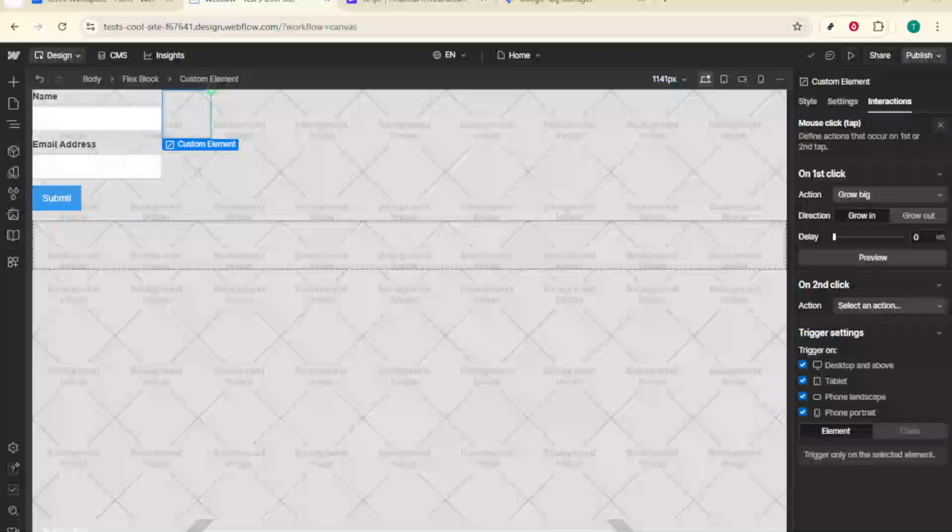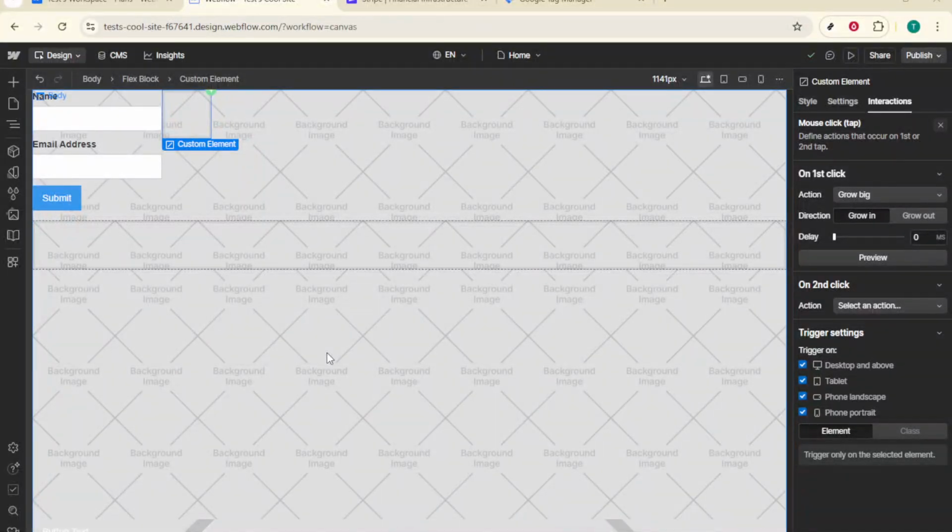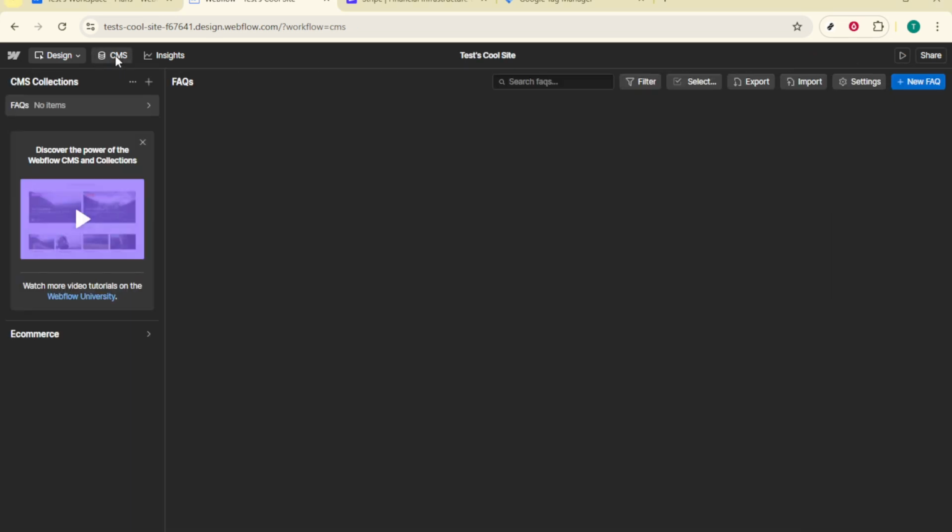In today's video, I'm going to teach you how to completely remove a collection from your CMS, ensuring that you do it properly without leaving any lingering connections or data behind. Let's start by addressing the first crucial step, which involves deleting all the items within the collection and ensuring that everything is neatly disconnected. To begin this process, go ahead and open your CMS panel and carefully select the collection